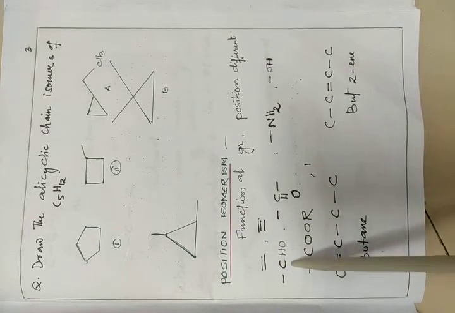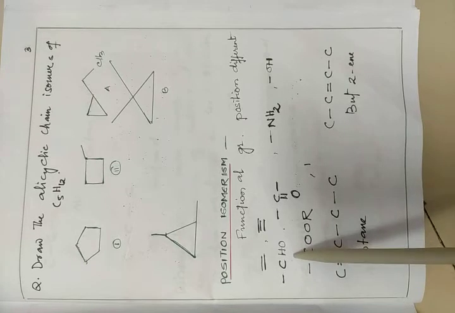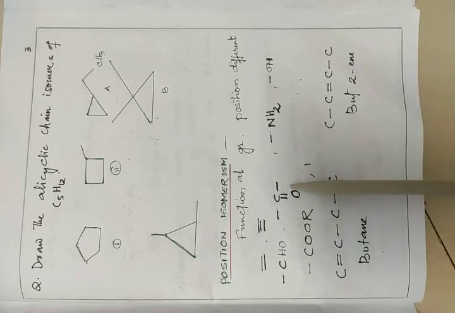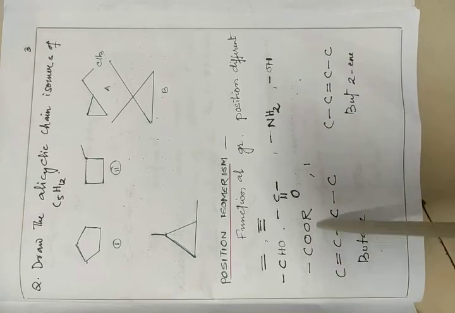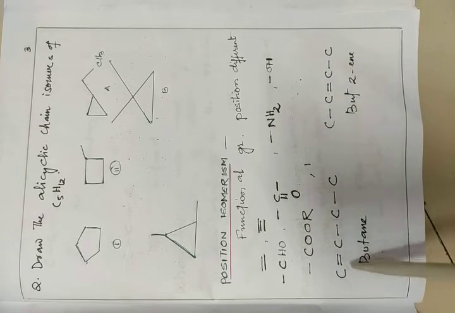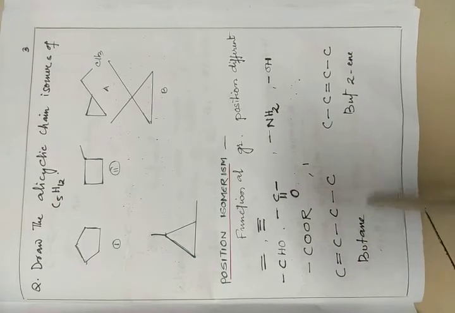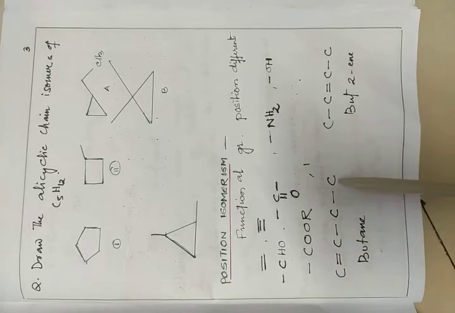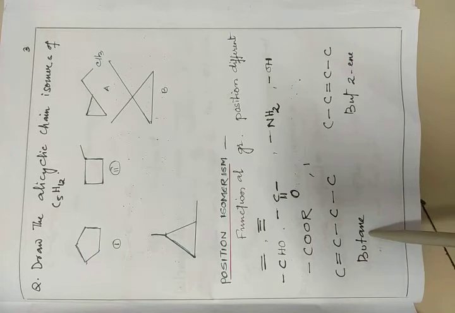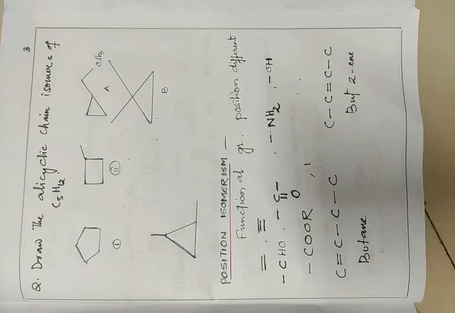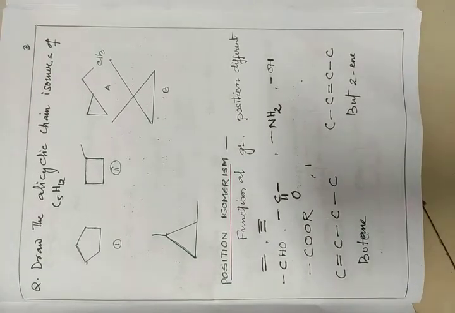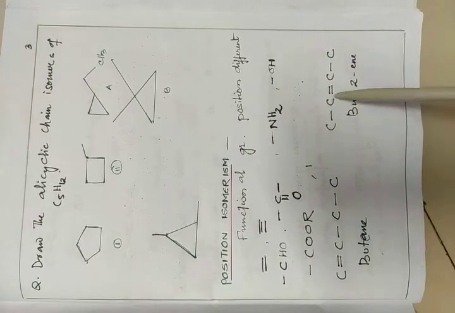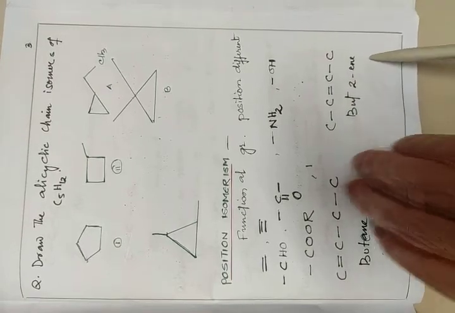Now here this is the functional group aldehyde. So this is aldehyde, then this one is the ketone form, then amide, then OH, then COOR. Now here butane is given: 1 2 3 4. So this is butene, not butane, so here a double bond is there. In which position? 1 2, so the 2 position is there, so 2-butene like that.